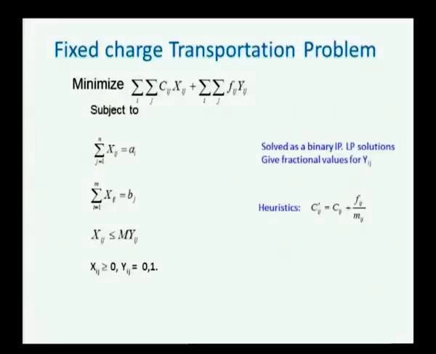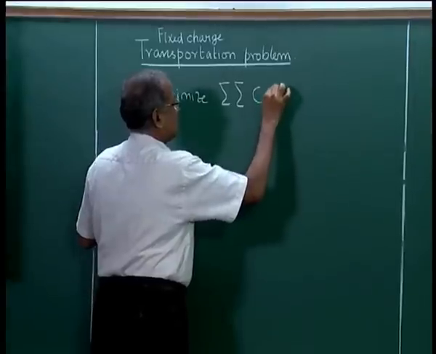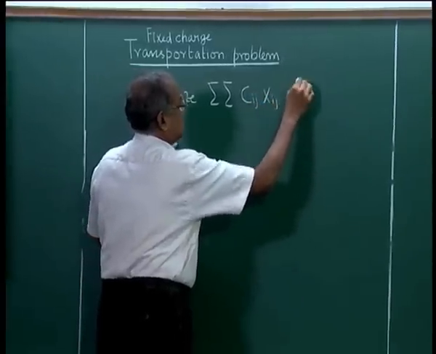There could also be other fixed costs that are associated with travelling from a particular place to some other place. So, the fixed charge transportation problem has two components, Cij xij plus Fij yij. The objective function is to minimize the two costs. So, minimize Cij xij plus